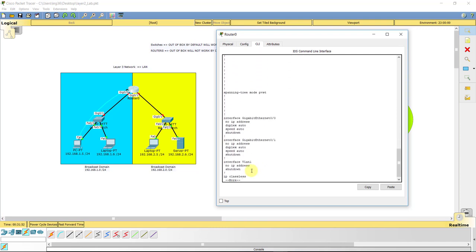And you can see Gigabit Ethernet 0/0 and 0/1 are both in a shutdown state, which is not good. We need these to be turned on to actually do something with them. We also see that they're not IP addressed. There's no IP addresses associated to these two. So what we need to do is actually give this interface for both networks an IP address, which will act as its default gateway. So if I hit the tab key to get out of that,